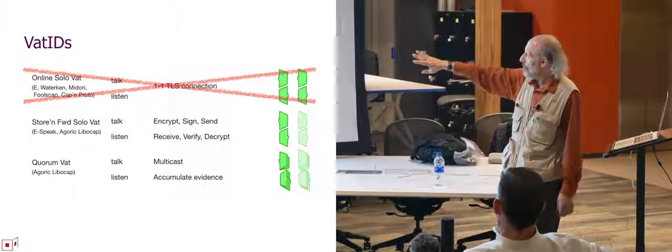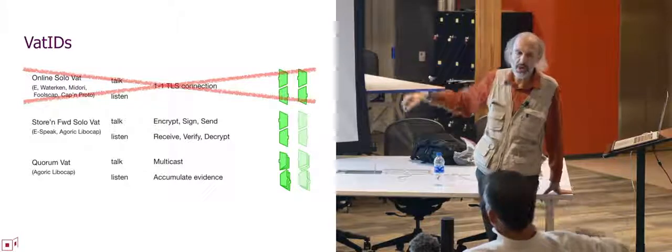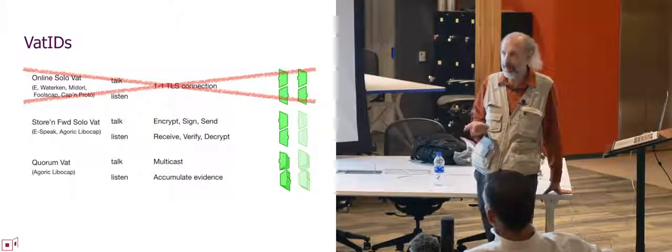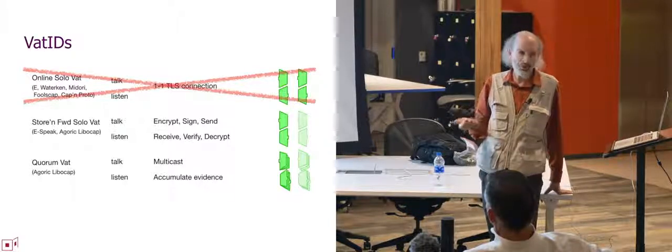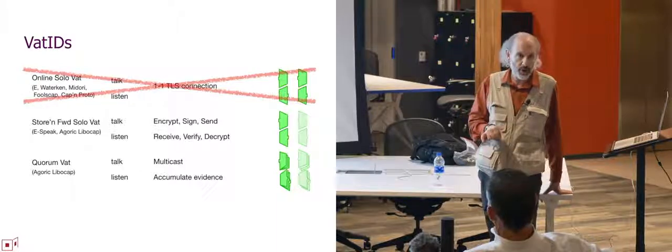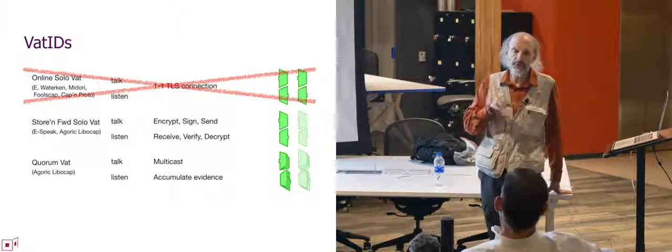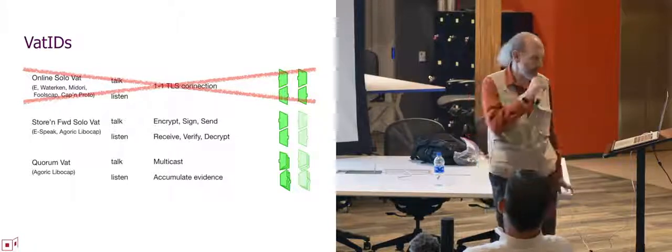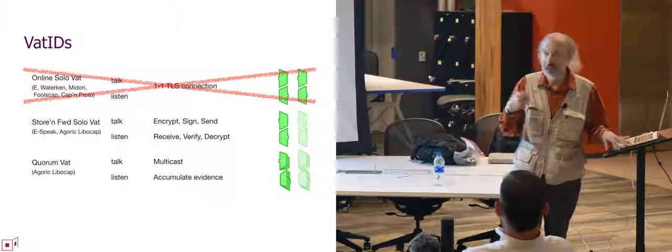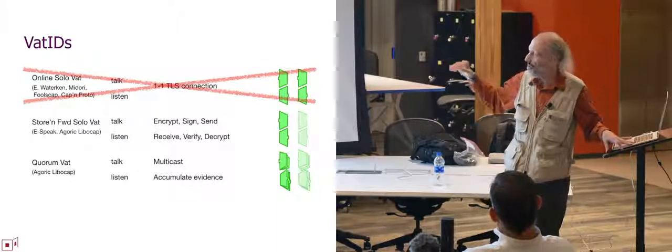As we've seen, the name of a quorum VAT can list the public keys of the participants, the hosts that are contributing, and can state the threshold rule. Any 2 out of 3 of these enumerated participants is what it means for this VAT to have done something. That's the meaning of the name of the VAT: it is the authenticity rule. And then, of course, that's a